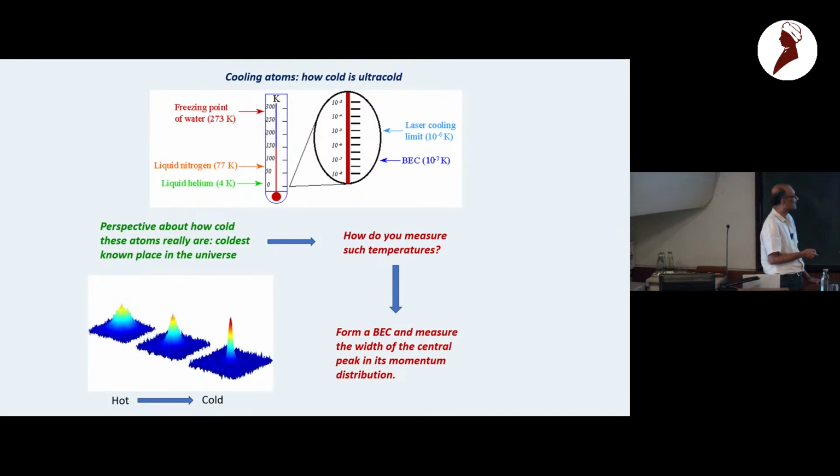But the question that really strikes you when you first hear a temperature like that is, what do you do to measure this? You cannot just stick in a thermometer there and try to measure it. It will simply heat up the entire system and destroy everything. So what typically people used to do, and still probably what people do, is that they take some bosonic atoms, and at this temperature, almost any atoms, but particularly things like rubidium and sodium atoms are used, they would form a Bose-Einstein condensate.